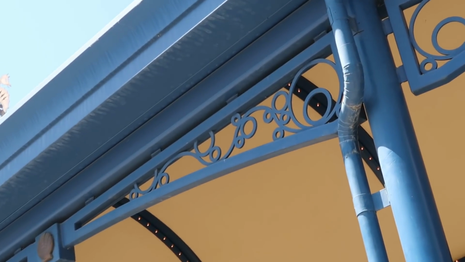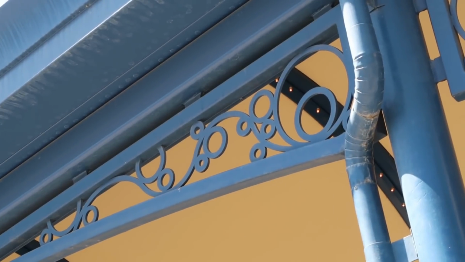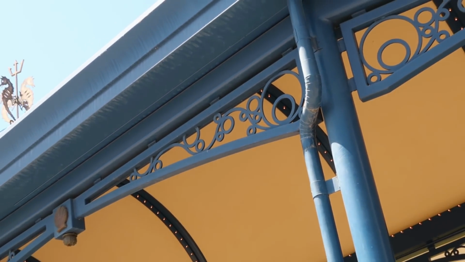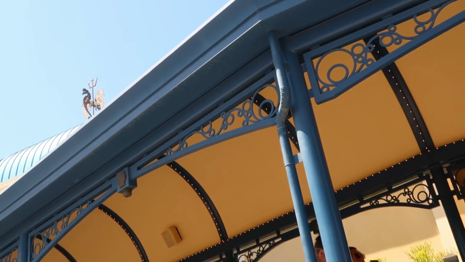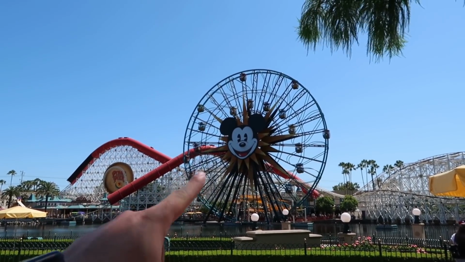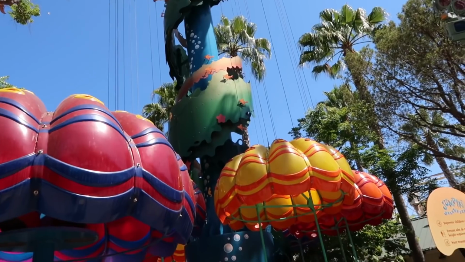You see Mickey's right there in the ironwork, the queue space for Little Mermaid. See, there's a couple of them right there. So next time you're in line for Little Mermaid, just look up and you'll see it. No, this one doesn't count. This one doesn't count. Now I know for a fact there's one here at Jumping Jellyfish, and there's a lot